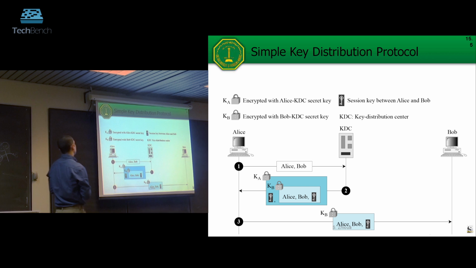Man in the middle, between Alice and KDC. Yeah, between Alice and the center. Someone can actually take place in. So man in the middle here. It's encrypted. It will do what? How? Before they even distribute the